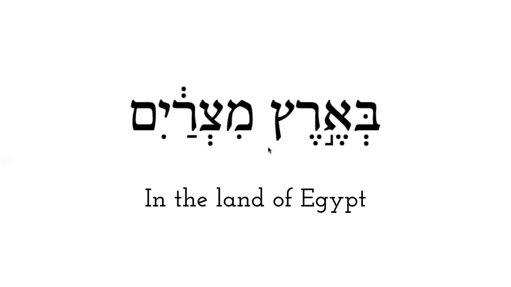There's an implied of here, and for English speakers, we would add an of, and this is a mem with a chirik, which says me, and this is a tsadi with a shava, which this shava is not going to be sounded. So this tsadi will just close out the syllable. We're just going to say meets, meets, and this is a resh with a patak, which says ra, meets ra, and this katon, this is a katon right here, and this will give us the accent mark for the word. So mitzra, and this is a yud with a chirik, and the mem sofit will be together, and so we'll say yim, mitzrayim, and this is how we say Egypt in Hebrew,